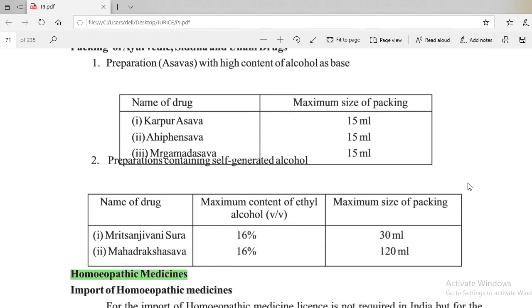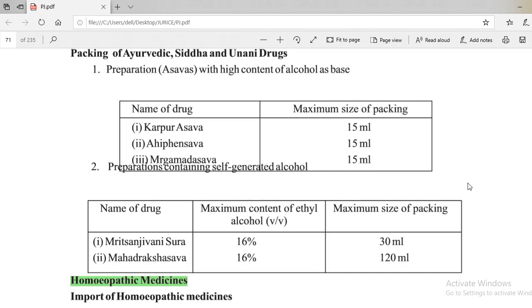Packaging of the Ayurvedic drug, preparation with high content of alcohol, which is also called asava. They have mentioned some drugs: karpur asava, pain sava, margamand sava, then preparations containing self generated alcohols. For the high alcohol ones, they have mentioned the maximum size of those packaging is 15 ml. Asava is nothing but a preparation that contains alcohol in it. So if it is a high alcohol preparation, then the maximum size is 15 ml. Then if self generated alcohol, means